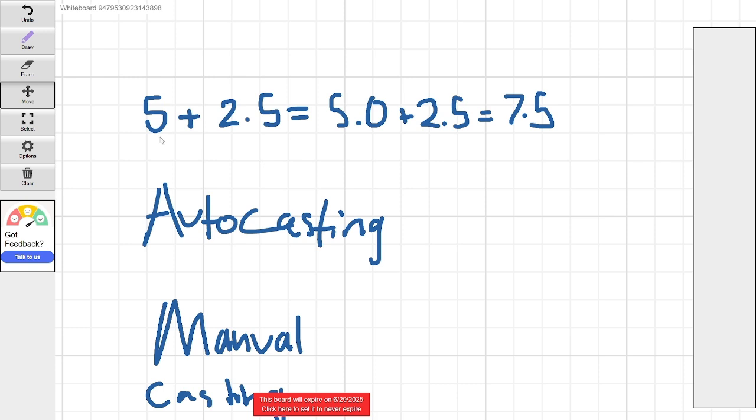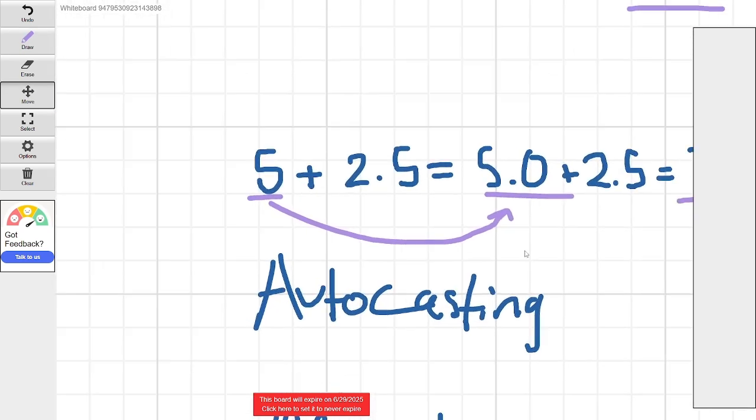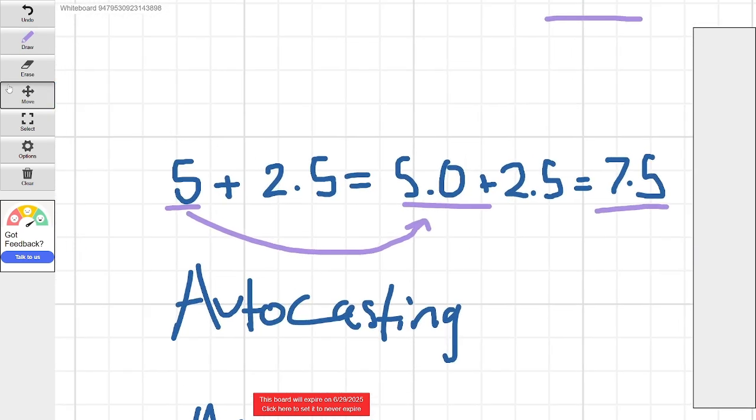But what if we have an integer and a double? So this does work, actually, like an integer and a floating point number. This does work. It just auto casts, we call it, from 5 to 5.0, right? Like it just makes it a floating point number. This results in 7.5. Sometimes this auto casting, it doesn't really give you the numbers you want,